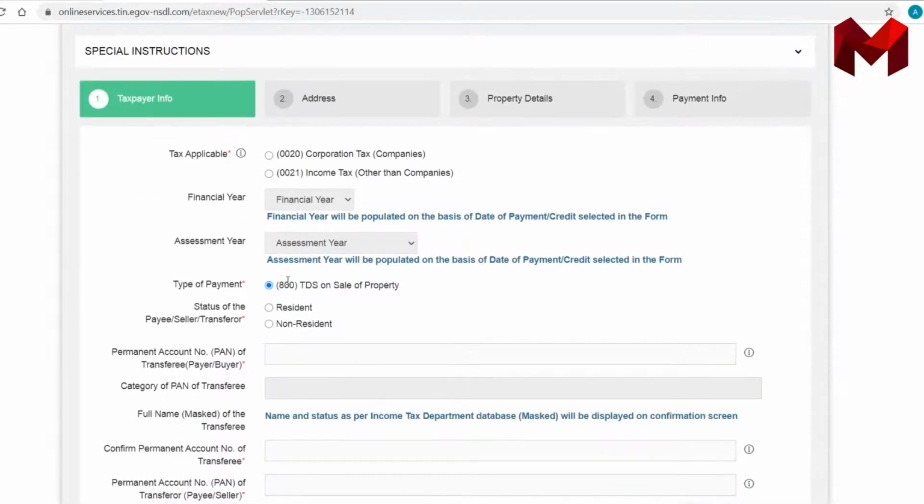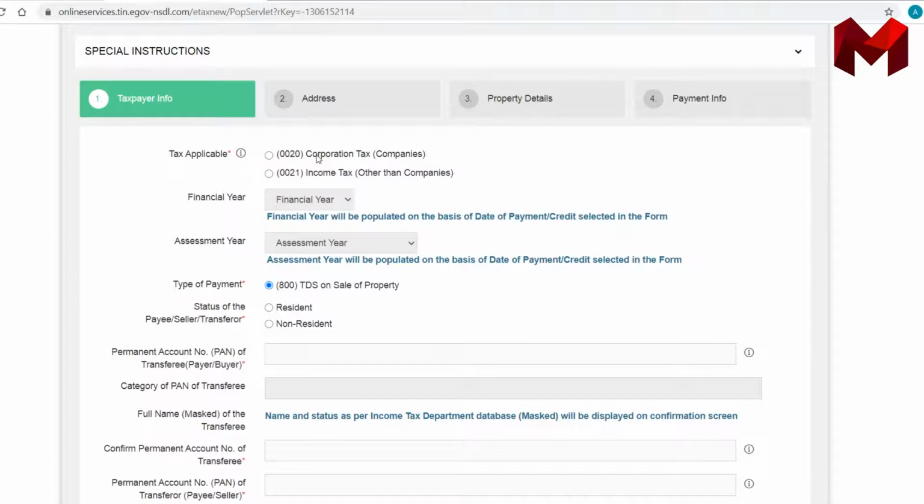The person who is deducting the tax will file the return. That means the person who has deducted the payment of the other person. I am purchasing the property, the other person is selling the property. I am just deducting his payment, so I am liable for filing this form. Tax applicable. And as we have discussed, there is no PAN number required. You can fill this form with your PAN number only.